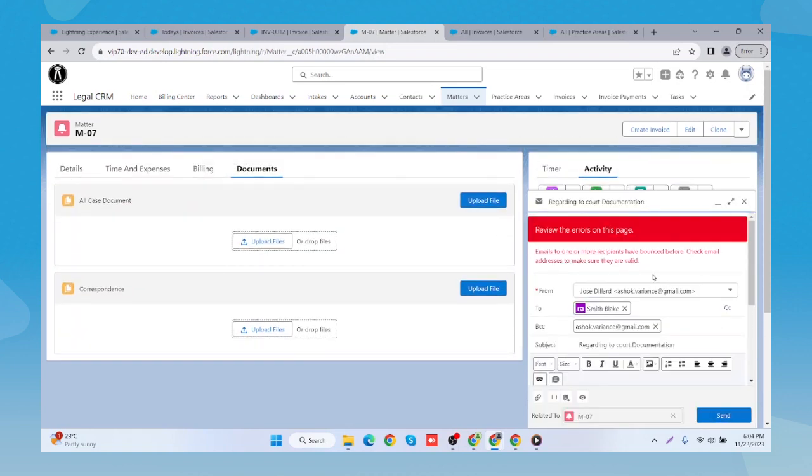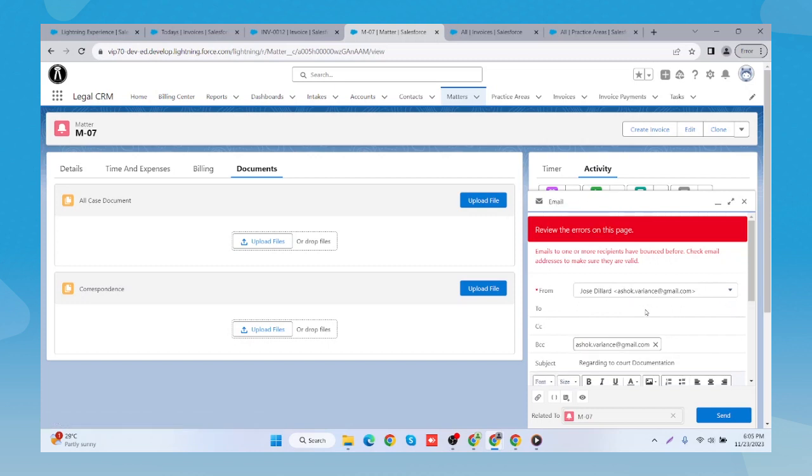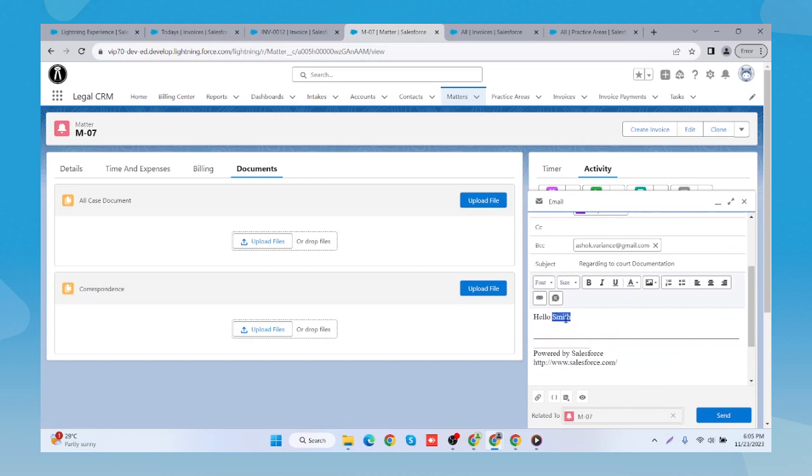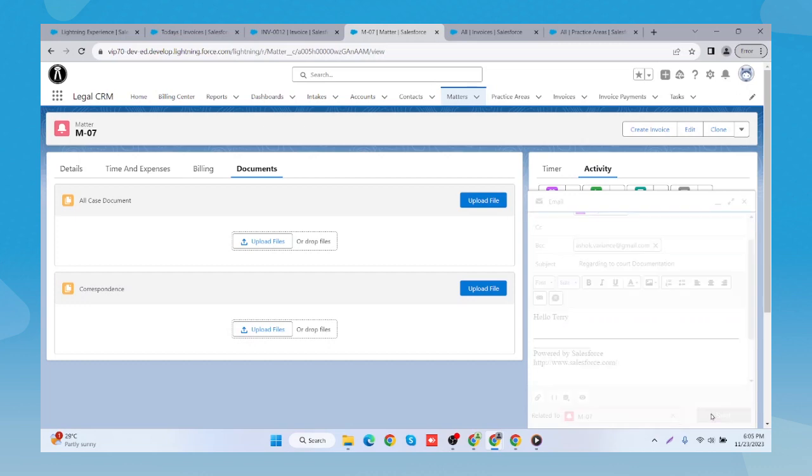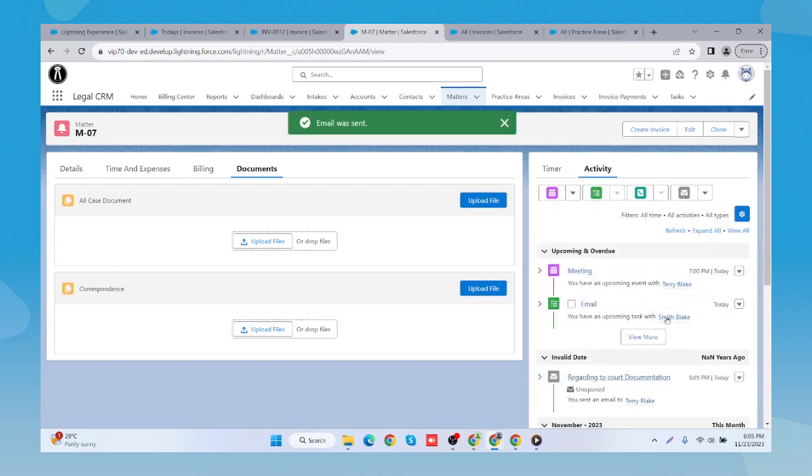It says, do one or more emails bounce before, check email address to make sure they are valid. This is invalid because we had taken it as a demo. So let me take it as Terry Black and change it to Terry. Now I'm going to send it. Okay, sent. So now in activity we have created 4 activities: meeting, which is an event,